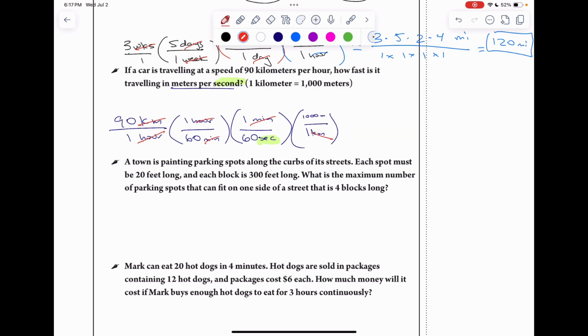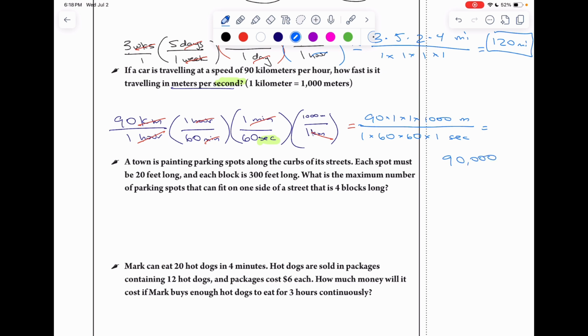So when we multiply the tops together, multiply the bottoms together, what are we left with on the top? We have 90 times 1 times 1 times 1,000 meters over 1 times 60 times 60 times 1 seconds in the denominator. Oh my goodness, I absolutely have the units that I wanted. So let's punch this out on our calculators. 90 times 1 times 1 times 1,000. That's going to be